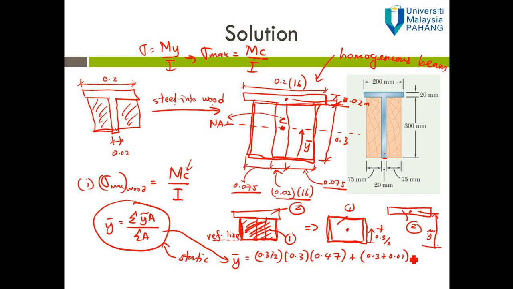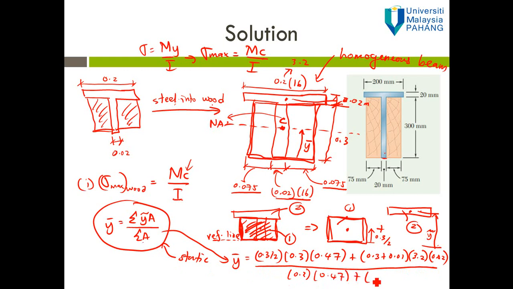Then times area: 0.2 times 16 is 3.2, so 3.2 times 0.02. Then divided by the summation of area, which is 0.3 times 0.47